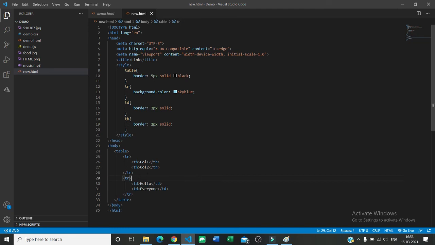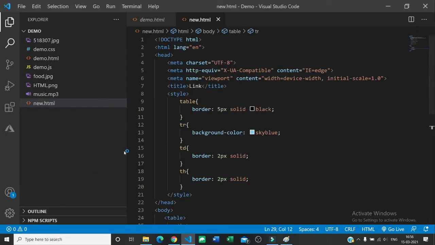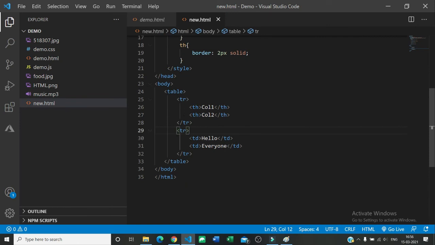So if I am giving some styling to td, first it is inheriting all the properties of tr. So whatever styling I am applying on tr, that is first inherited by td, then whatever CSS I applied on td, it worked.